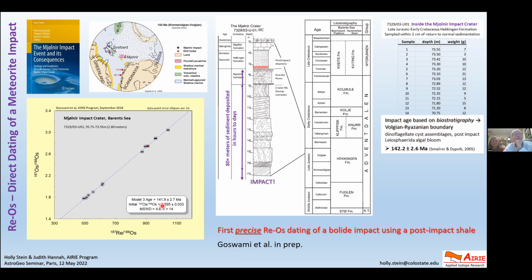And we have an initial ratio. And that initial ratio, remember 0.6 from previous things, is a pretty typical shale initial ratio. Nice MSWD, very nice fit to the line. But the point I want to make is you have here 80 meters of section, of sedimentary record. We dated this little part after this turbulent slump, gravity flows. This happened in days, hours. The impact happens, you have a big crater, there's huge literature on this, things come up, the walls cave in,